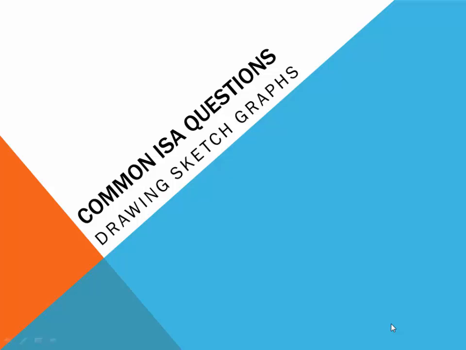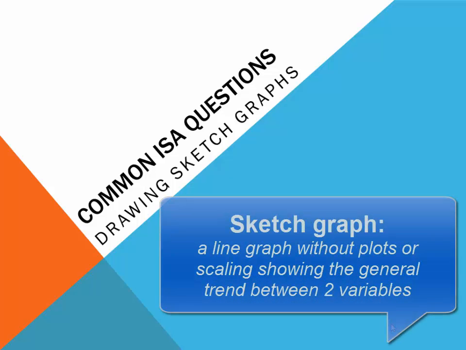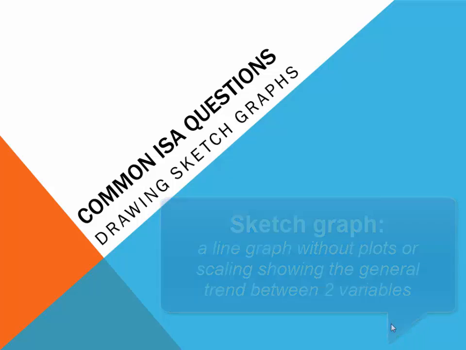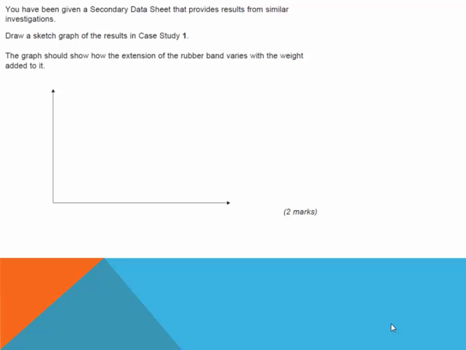In the Section 2 exam paper, after answering questions about your own results, you'll be asked a series of questions about data presented on a sheet known as a secondary data sheet. It's very likely you'll be asked to draw a sketch graph for some of the data on that sheet. For example, in this question, the candidates are asked to produce a sketch graph for the results or data shown